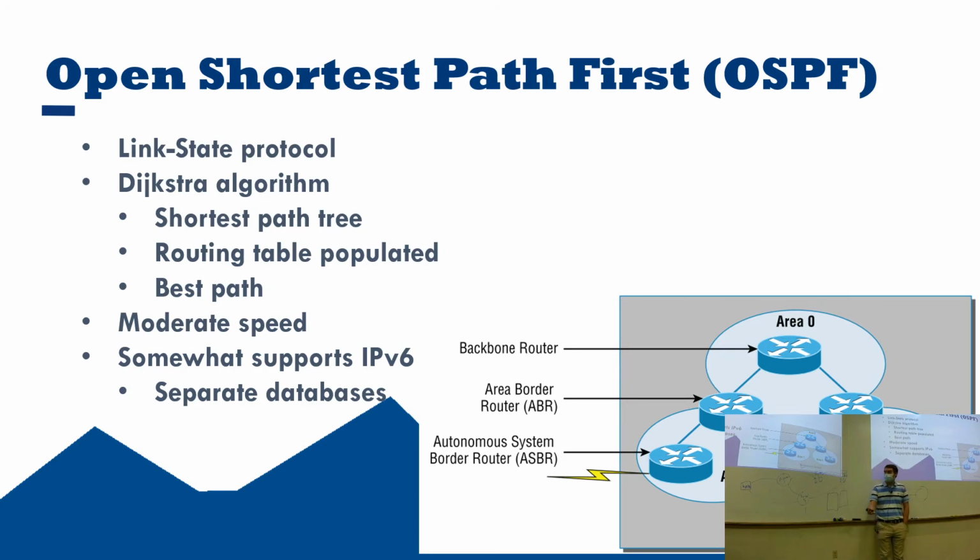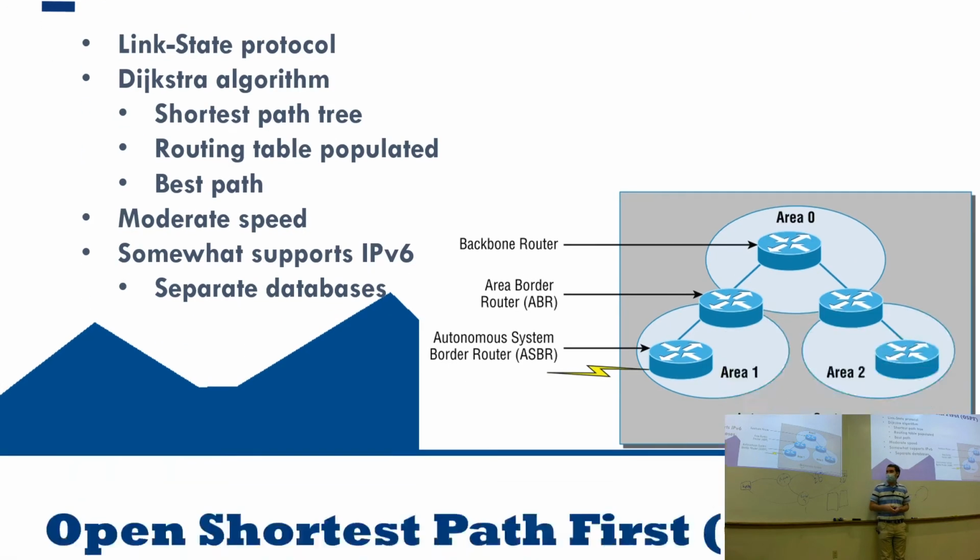That's exactly right. The default is IPv4. So you have to manually go in, or you could do it. There's lots of different ways you can do it, but it's going to be a lot more work to do IPv6 exclusively. So here's what we're looking at. We got a backbone router, we got our area border routers, and then we got our autonomous system border routers. So basically we can go one of those, and